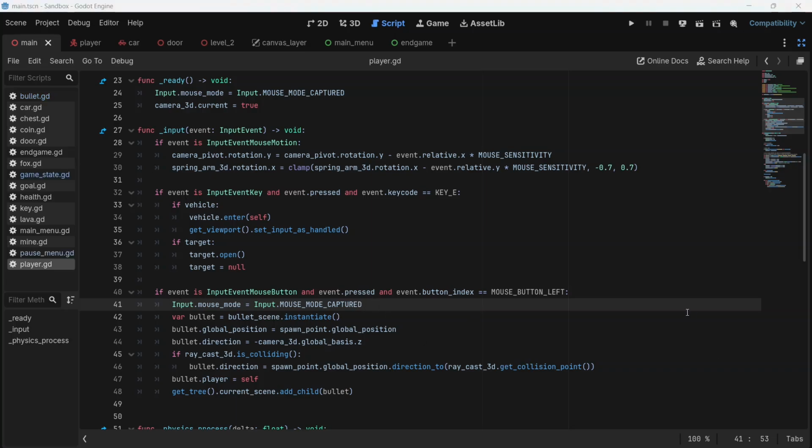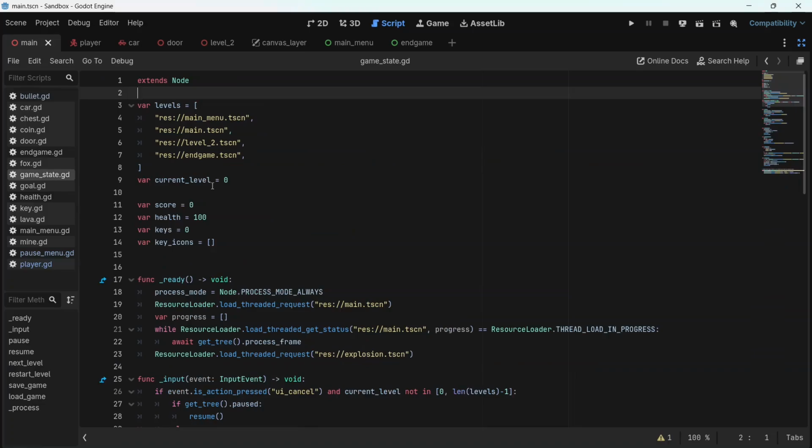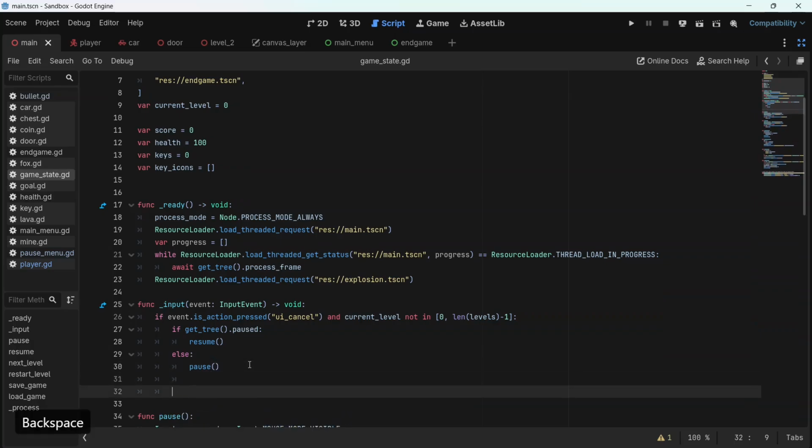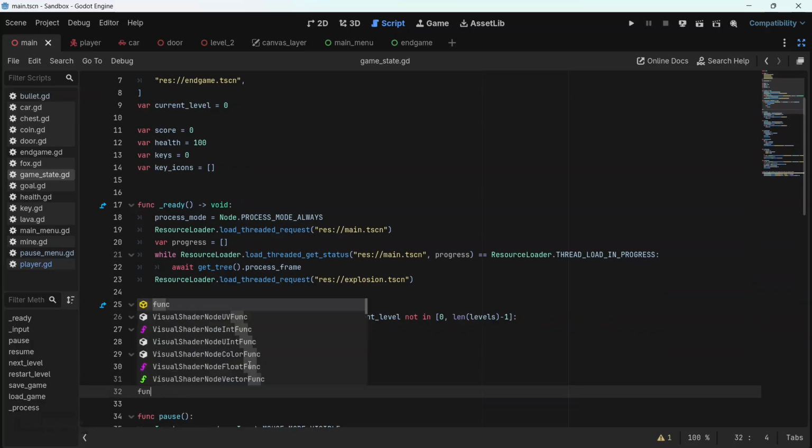There is also a slightly nicer bonus fix you can do if you do have a pause menu, which is we can make it that if your mouse leaves the window, then it will pause your game for you. So if for some reason your mouse is not captured, then at least your mouse leaving the window means the game will automatically pause. We can do that in the GameState script by adding another built-in function called notification,